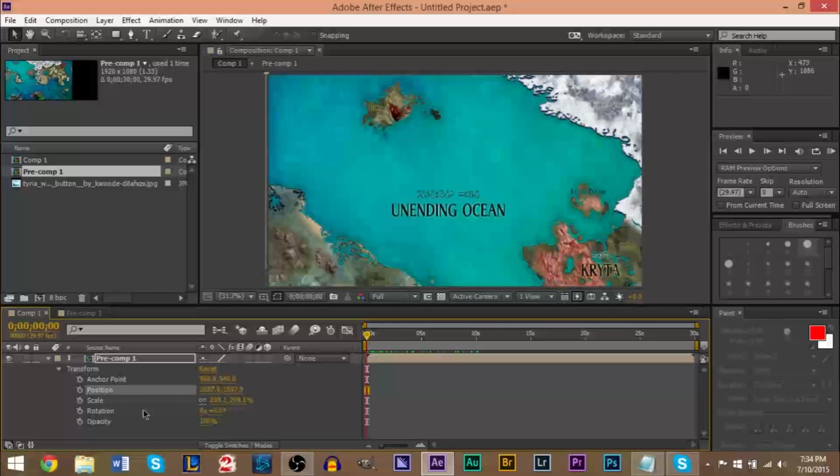So we're going to set our first position keyframe right here at the start, and we're not going to change its movement until we get right about here. And the trick to add another keyframe here is just to change the very last value at the end to like 1 higher, because it's not going to make a huge difference. And then from here on, we want to start to move the camera until it gets to